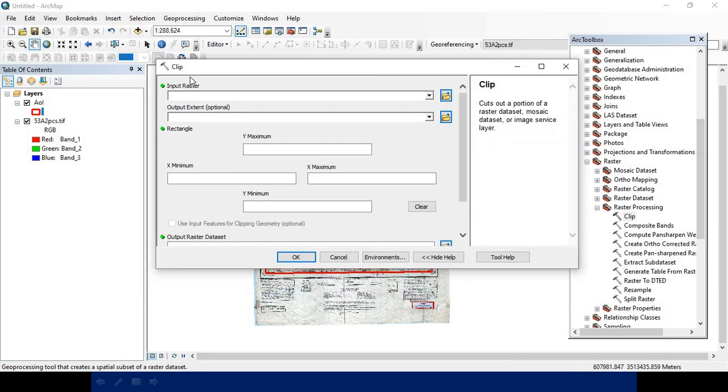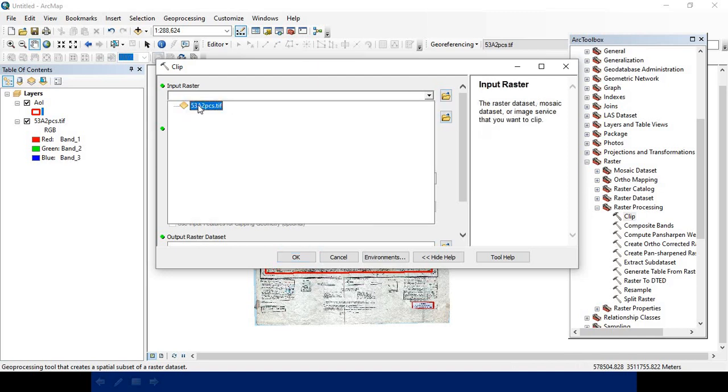A new dialog box, Clip, has popped up. You have to input the raster image. Here you can see the definition of the clip also, that it cuts out a portion of a raster dataset.